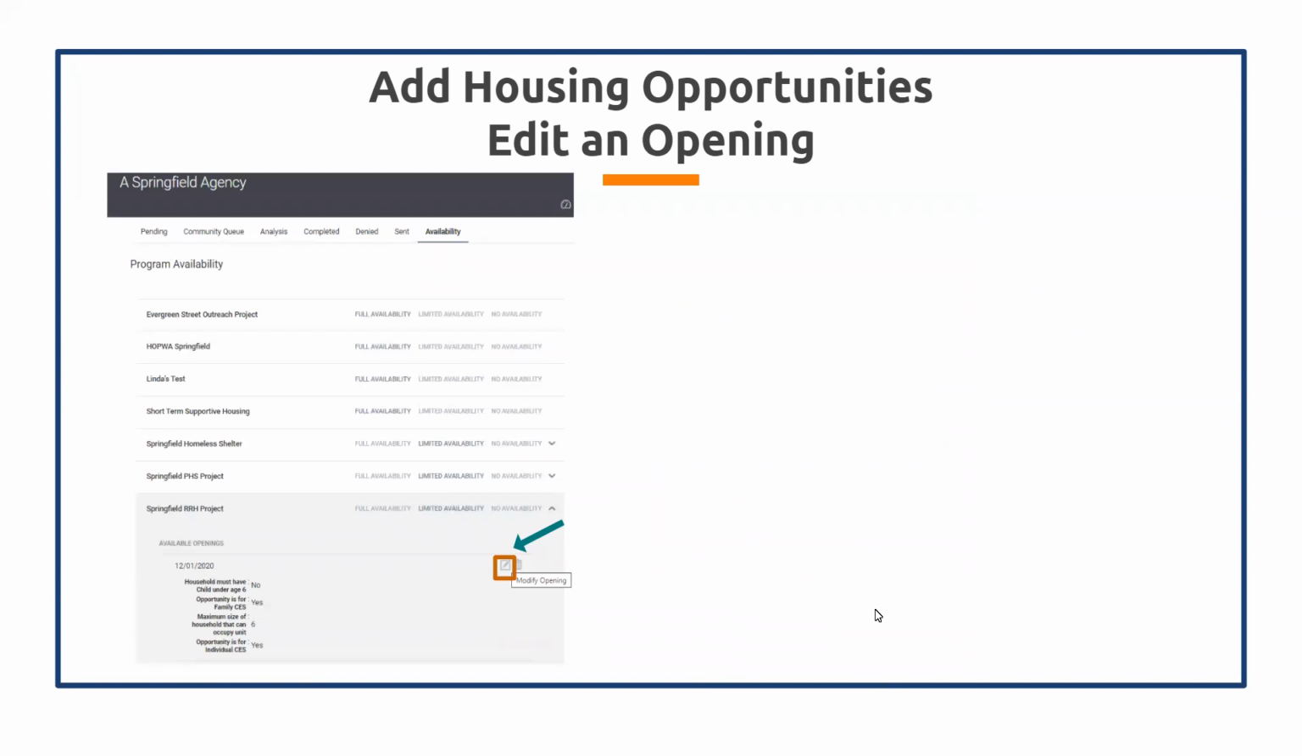If you need to edit a housing opportunity after you've created it, simply go up to the Availability tab, locate the project that has this opportunity, and then select the caret, which is this little guy, to the right of the available options of that project to see a list of opportunities that you had previously created. So in this example, you just see 1 because only 1 was created. Then select the edit icon next to the opportunity